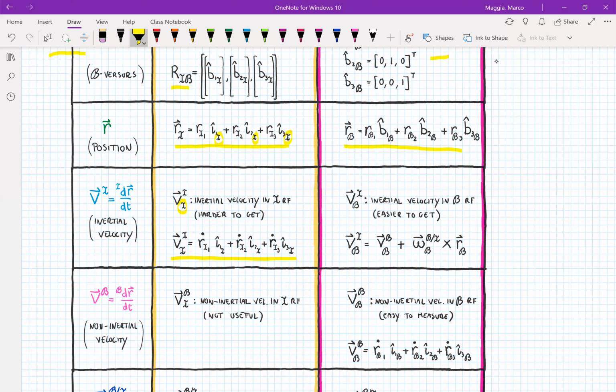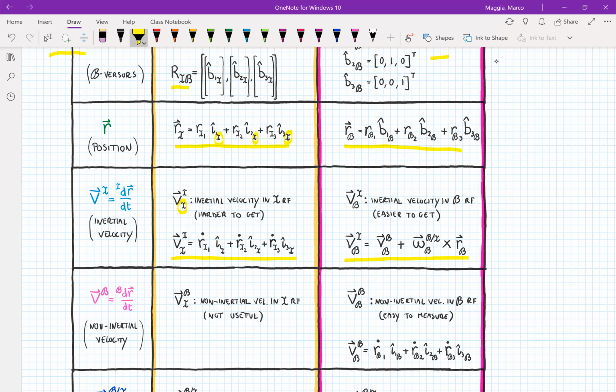For details, please see the previous lecture. Whereas if we have the same vector, but we want to express it in the B coordinates, what we found last time, this very useful relationship that connects the inertial velocity with the non-inertial velocity,